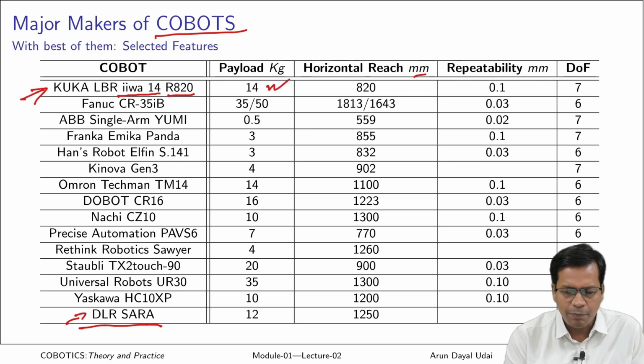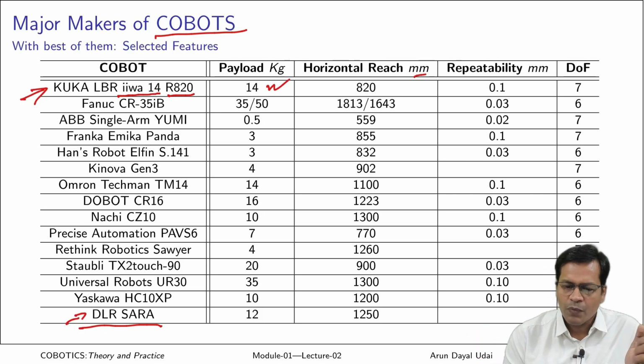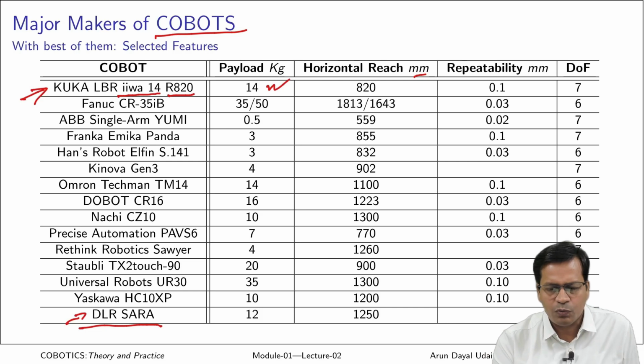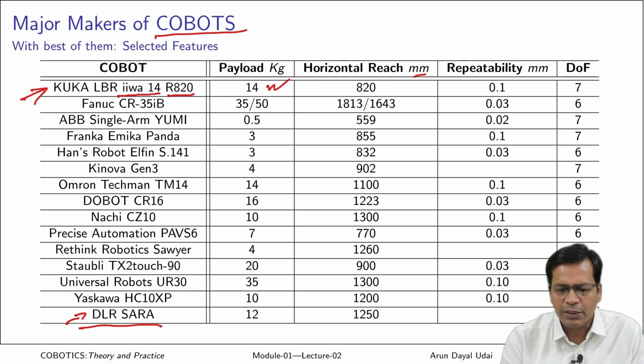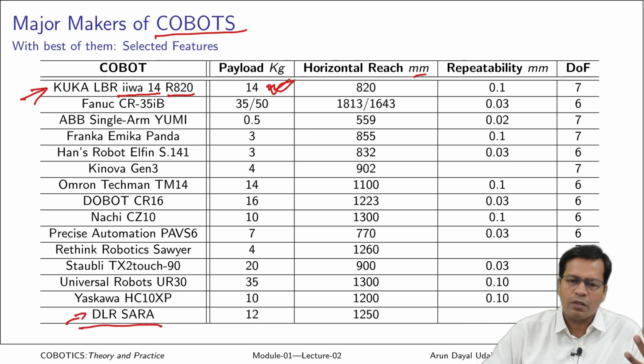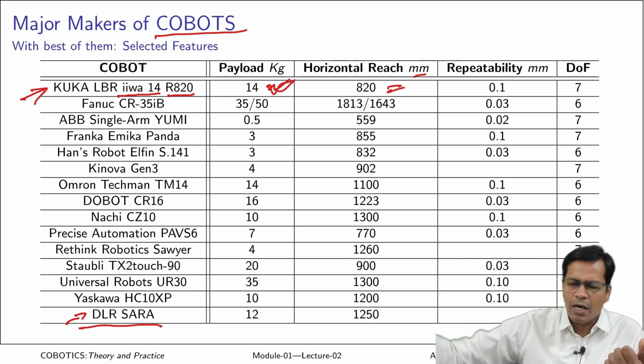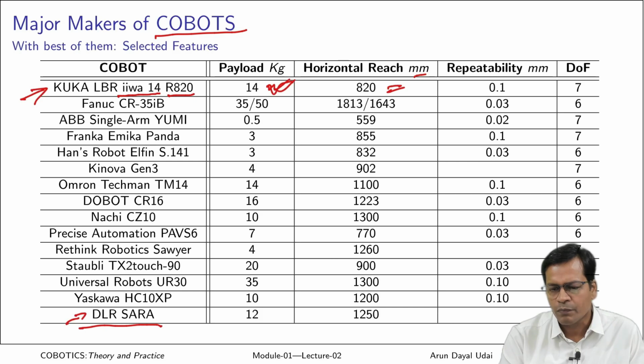Mind it, these are some of the robots; there are many other manufacturers as well. I have just listed a few which are primarily reported by researchers and industrial users. So, this is a few of the best ones. It is a 14 kg payload, which is pretty good for most industrial cobotic tasks, though not for carrying huge payloads. This much is the reach, and that should be quite good enough. It is more than the arm reach of a human.